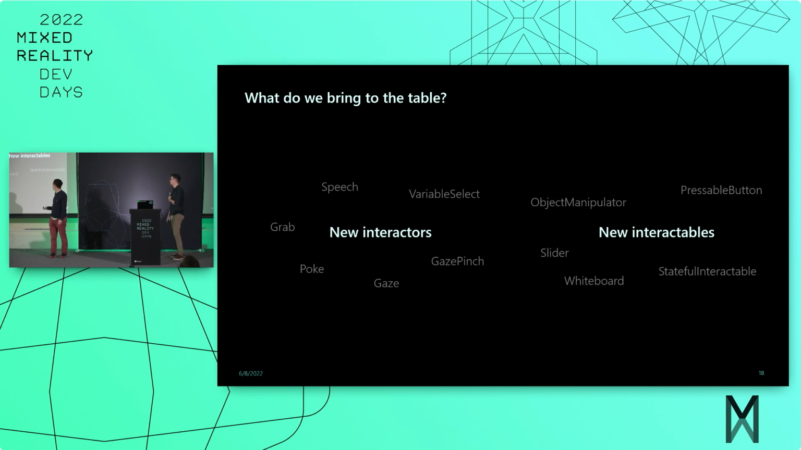On an interactable side, we have some classics. We got the object manipulator, everyone's favorite, sliders, but also some new things like a whiteboard and pressable buttons, which, though they existed in V2, are not as used as they are now. They're all built on top of this thing called Stateful Interactable, which, as we've said before, is the underlying driving component that'll let us be future-proof to maybe new ways of how you want to interact